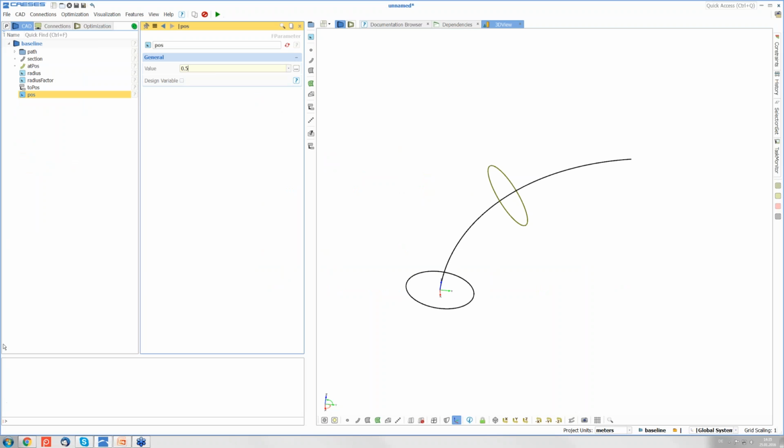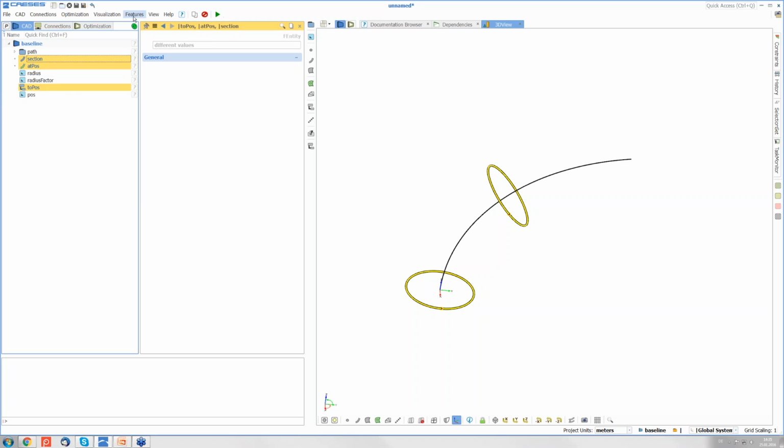I have now created my cross section and specified the parameters that control this cross section, and now I can select all the objects that are part of this cross section, while not selecting the input parameters to it. So now I've selected the initial ellipse, the translated ellipse, and the transformation, and create